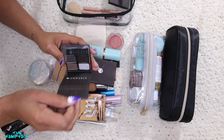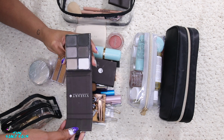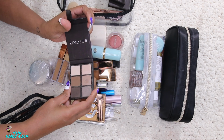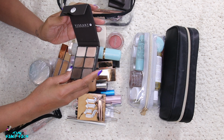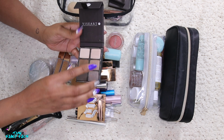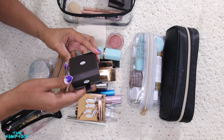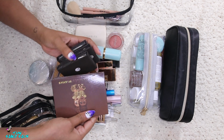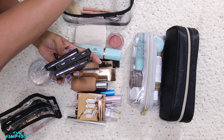This one is the Chroma palette, which is more of the silvery tones in case I want to do like a sexy smoky eye. Bringing that along. And then I have the number 1 palette, which is Cashmere, which is just an easy everyday palette. I can probably even reduce the collection of eyeshadows that I'm bringing, but I feel like I have a little room for these palettes because they're pretty small and compact,